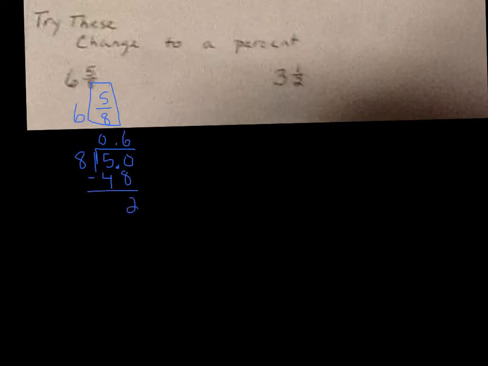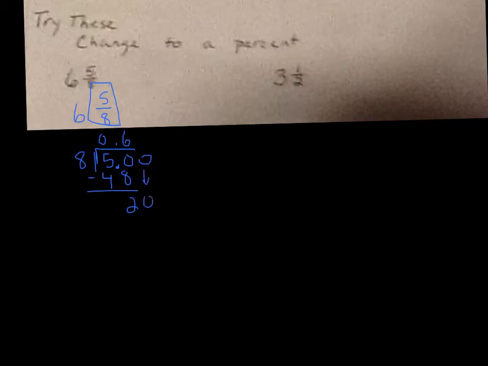Okay, so let's look at this first one. We have 6 and 5/8, right? So we start out by dividing. So we're just going to focus on the fraction. We're going to divide. Okay, the 5 goes on the inside. The 8 goes on the outside. Okay, now 8 can't go into 5, so we add our decimal, bring it up, we add a 0. So 8 goes into 50 6 times, and that's 48. We subtract. 50 minus 48 is 2, so we still have a remainder, so we have to add another 0,